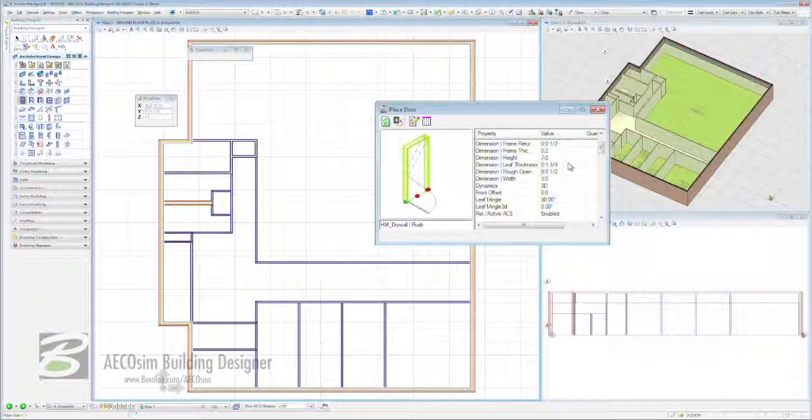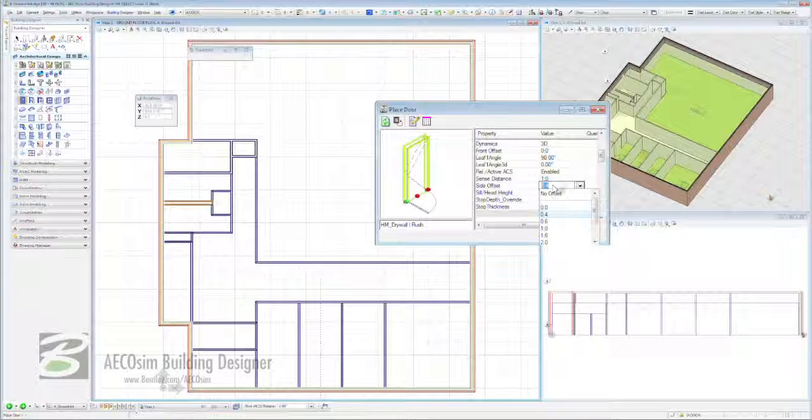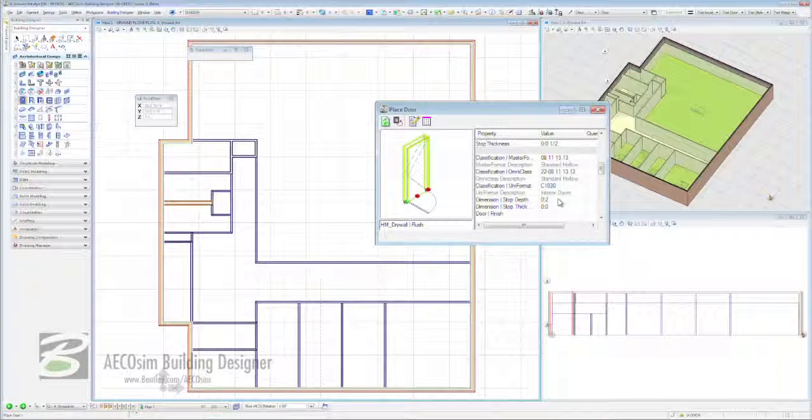We're going to scroll down a little bit here because we want to come down to our side offset. And in our side offset, we're going to be choosing 4 inches. So when I place this from a corner, it's always going to offset itself 4 inches. And with that, you can see as we scroll down, you can put in any number of values here. The list is extremely complete. But with the 2 values that we've changed, we're now going to go and zoom in, and we're going to